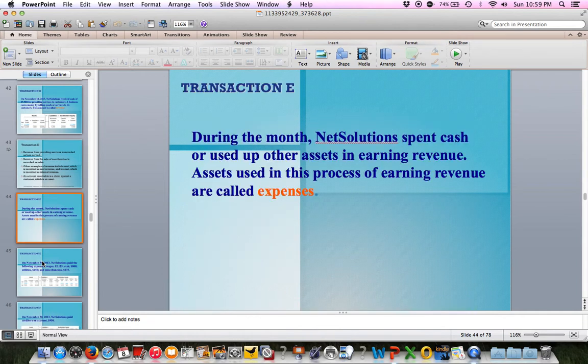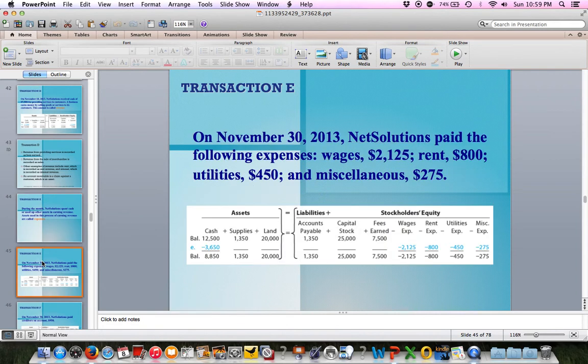Another example is we're going to spend some cash or potentially use up assets to earn revenue. So basically think of it this way: every time we earn revenue, some kind of expense had to happen to earn that revenue. Okay, so it's either using up an asset or spending cash, and that's called expenses. So an example of an expense, there's several examples here: wages, rent, utilities, miscellaneous. So as we're paying our bills, writing checks, you can see that cash is going down and we're incurring a number of different expenses,